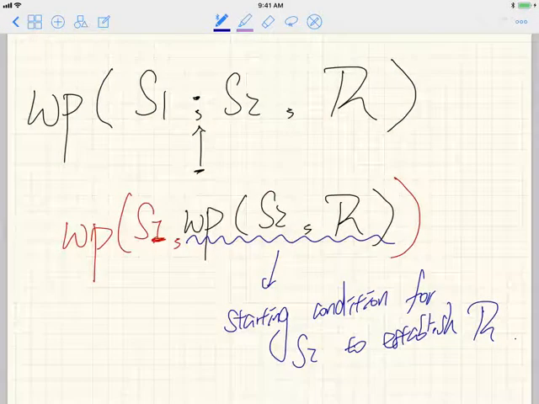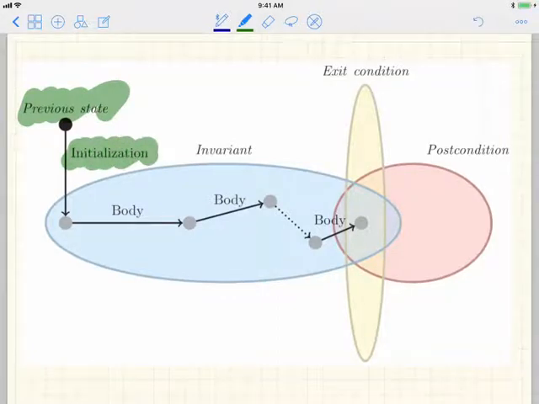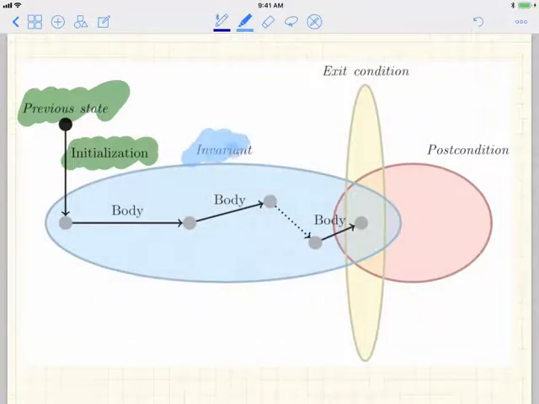I want you to look at this diagram very carefully. This diagram really visualizes how things are supposed to work. I'll go over that very quickly. So let's say we're starting from some precondition for the loop. We try to execute the initialization step for the loop. After that, we should establish the loop invariance. You can see that the way this diagram works is that the invariance is an assertion, which is